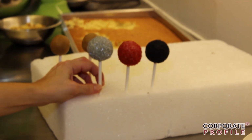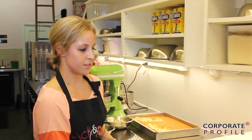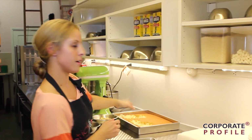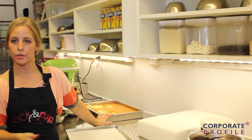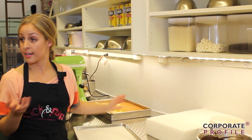So we use a styrofoam block. You could use a shoebox that you put holes in, anything to hold up your ball that you're going to dip in the chocolate, because it helps a little bit for that to set. Okay. And again, we're using sprinkles here, but with the idea of making your own flavor of cake pop, you can use crushed up cookies,